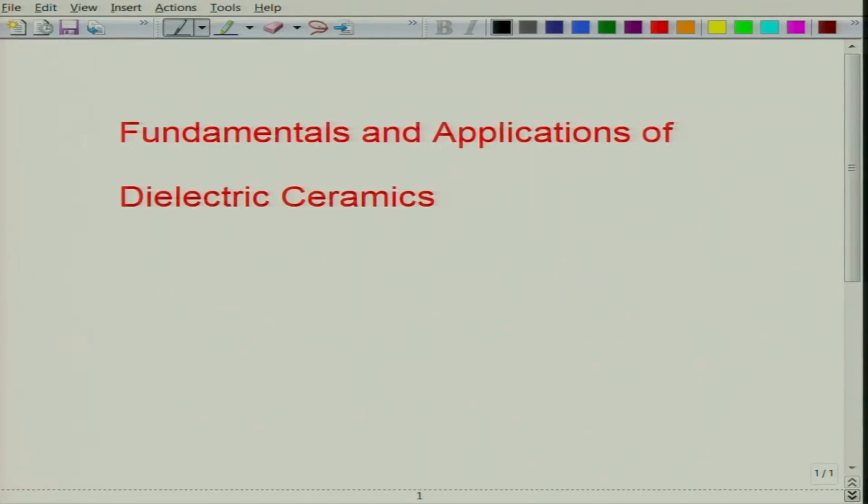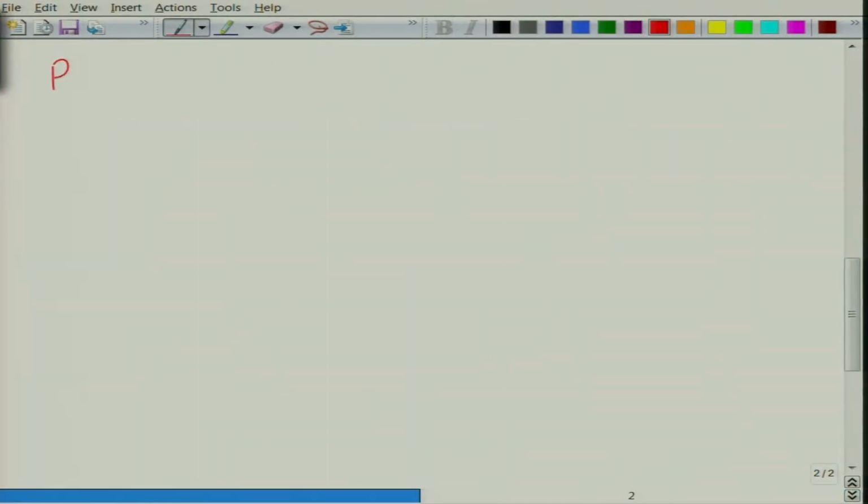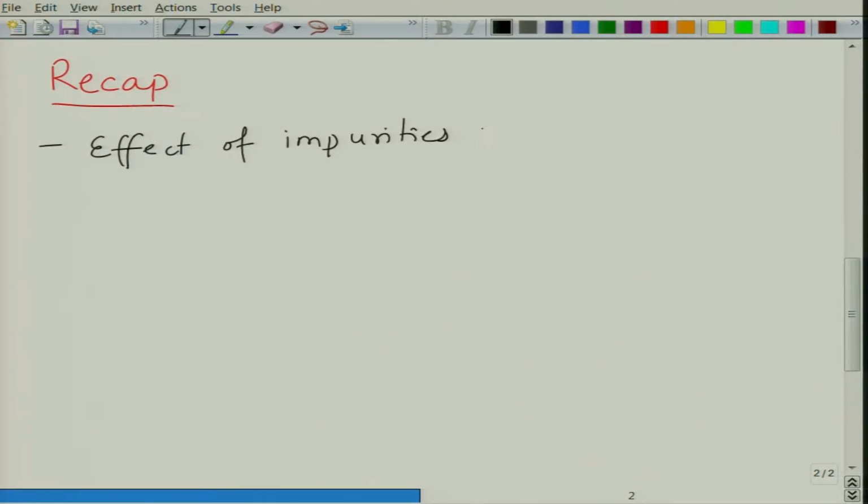Okay, so welcome again to this new lecture of fundamentals and applications of electric ceramics. We will just briefly recap the previous lecture. In the previous lecture we learnt about the effect of impurities, whether impurities can be intentional or unintentional, on the defect chemistry